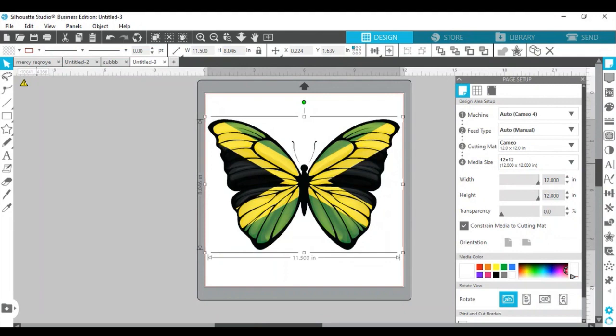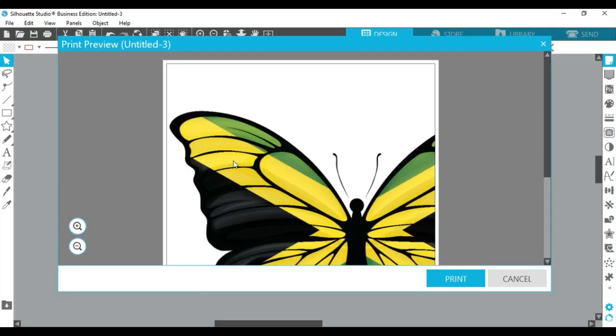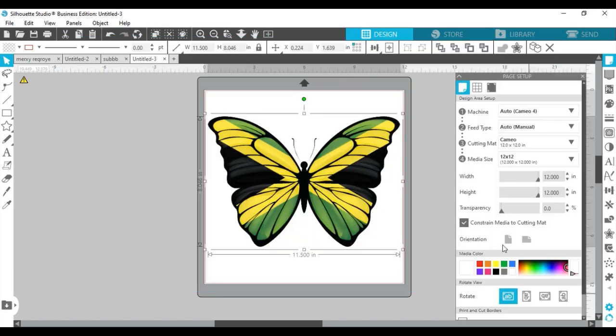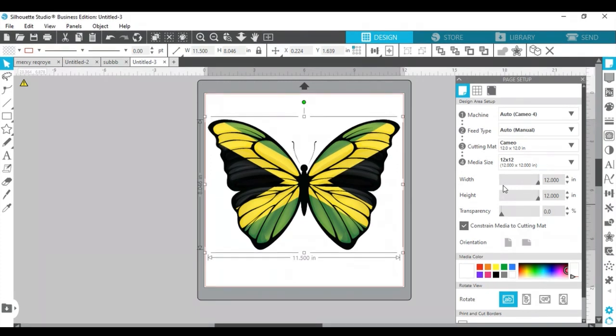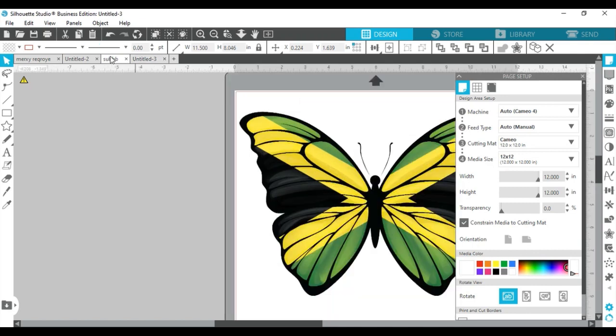Okay, when I go to print, I'm going to send this to my printer to be printed. So I'm just gonna go ahead and do that off camera, where I'll print it. So before you print it, you want to size it here on the paper so that it could cut properly. Okay, so after I print it, I'm just gonna go back to the